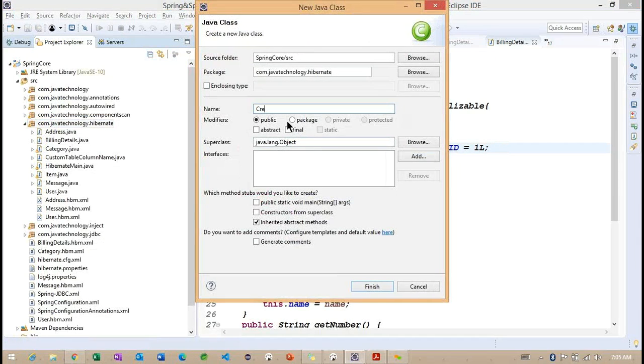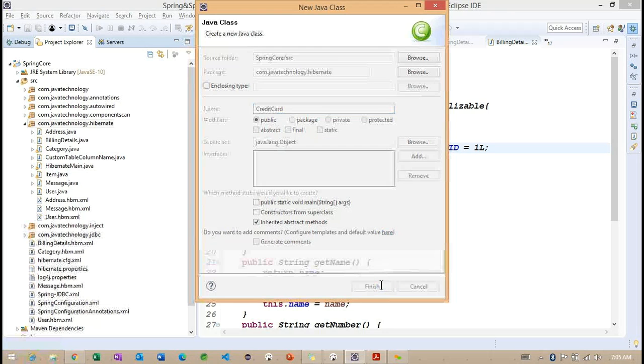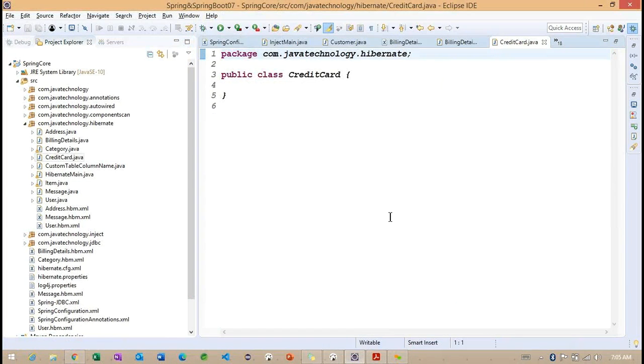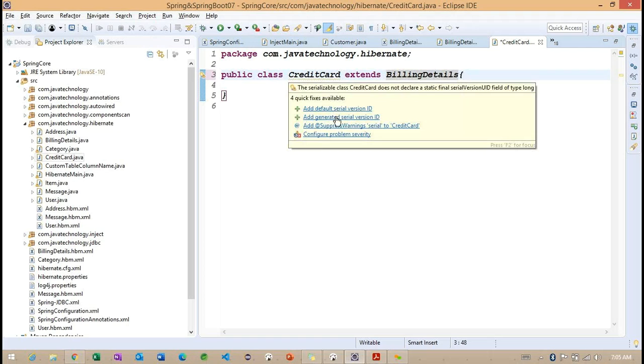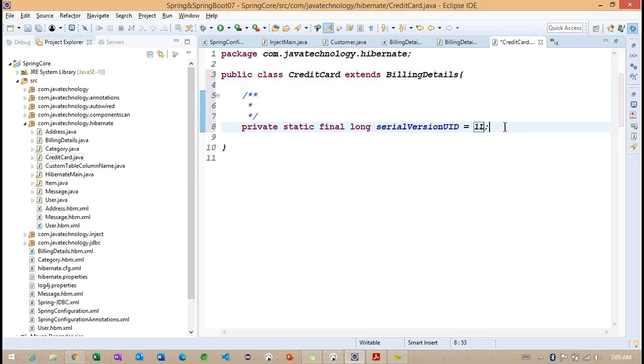Now, what is the next class we need to create? CreditCard. This CreditCard is going to extend BillingDetails.